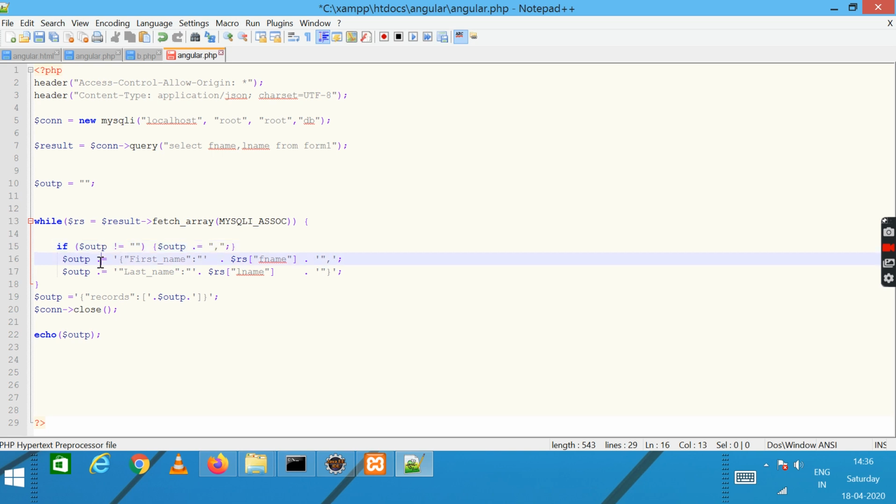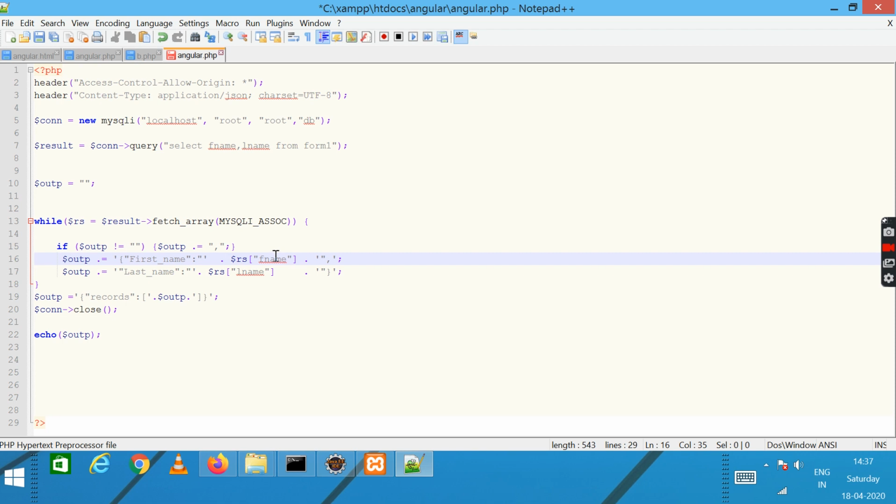So what is outp? Then what is to be printed or added into outp? So $outp concatenated is equal to first name colon, dot, again concatenate $rs. So in $rs what we have read? In $rs we have read the associative array.